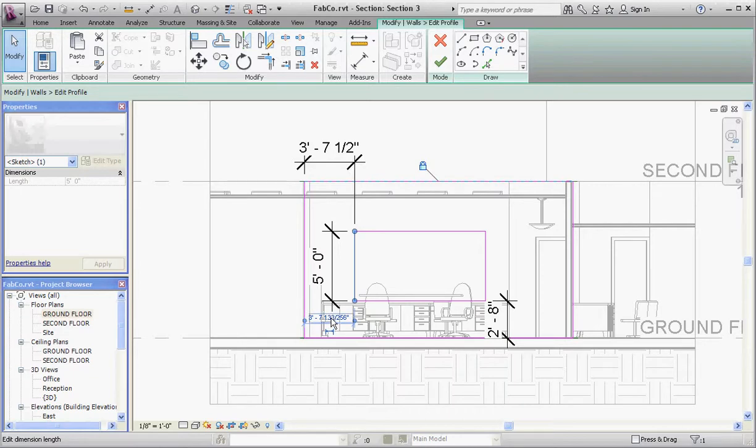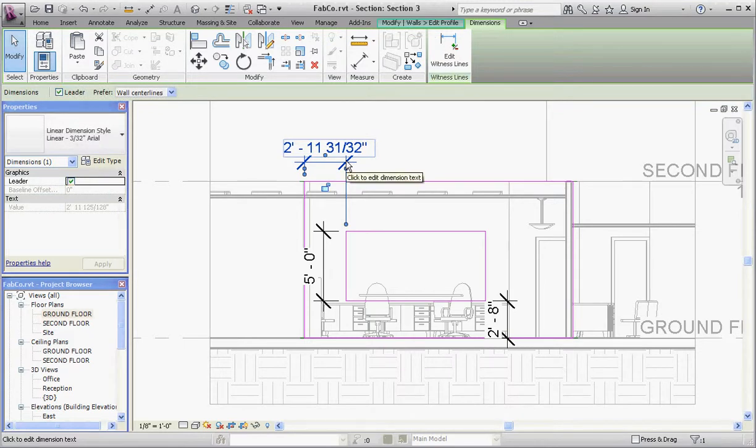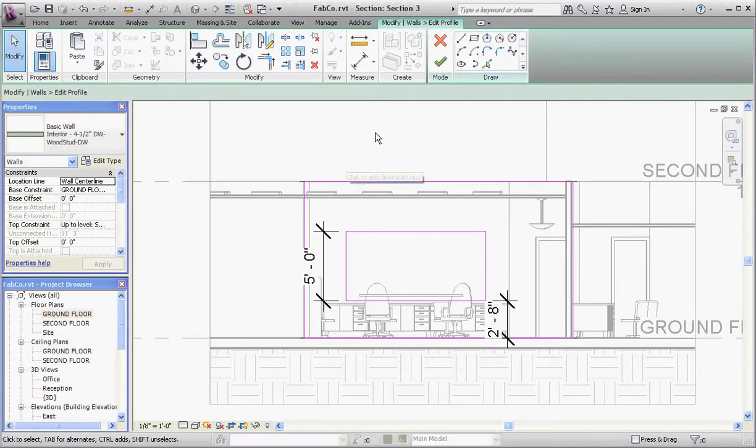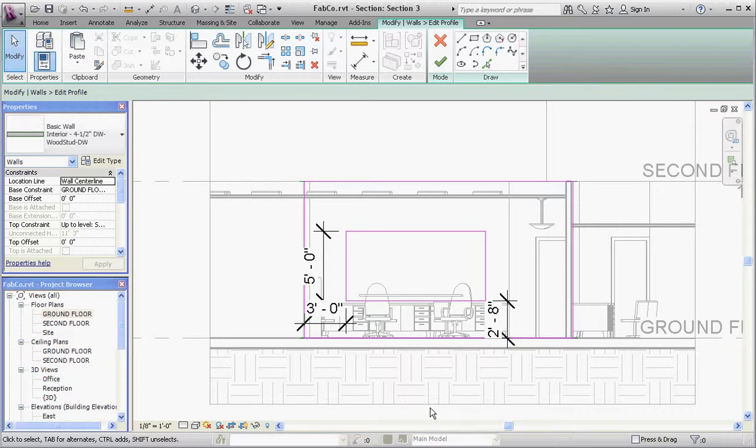Now the reason this dimension probably didn't work is that there are other constraints associated with this sketch and with the wall that's in there. So you have to keep that in mind. Sometimes it works, sometimes it doesn't, and you have to know what your constraints are, because it isn't always apparent when you're dealing with Revit Architecture what all the constraints are. But Revit Architecture does give you the ability, when you do have a conflict, to go ahead and delete those constraints and then put those back in there. So it doesn't necessarily cause you big errors,